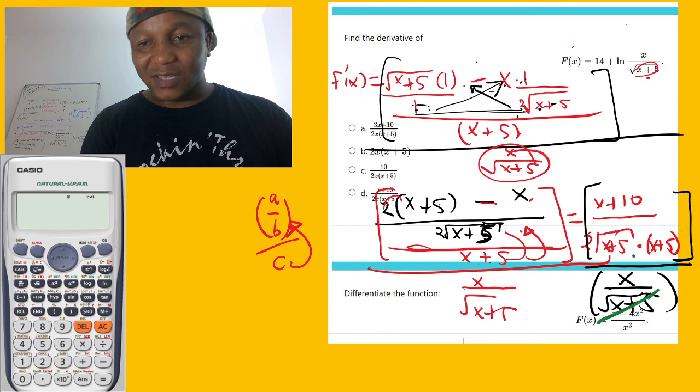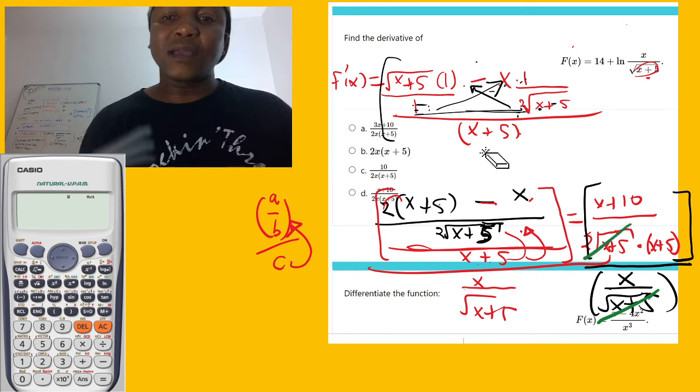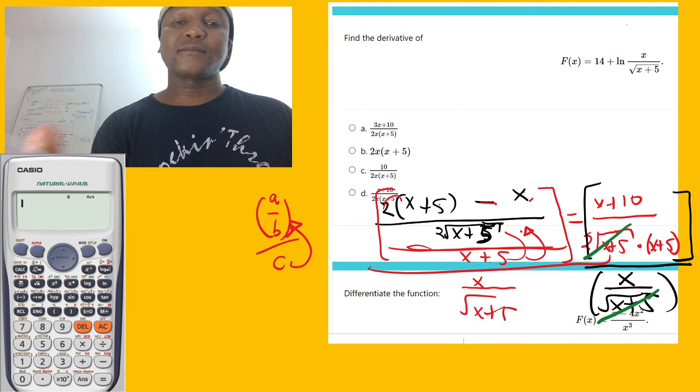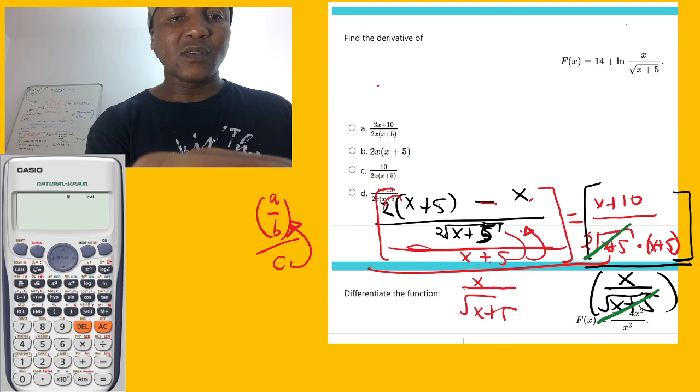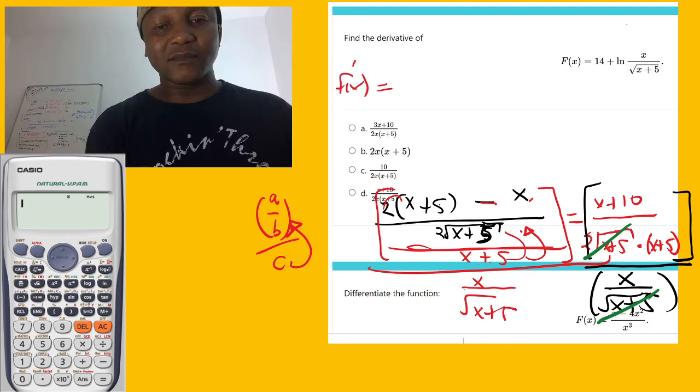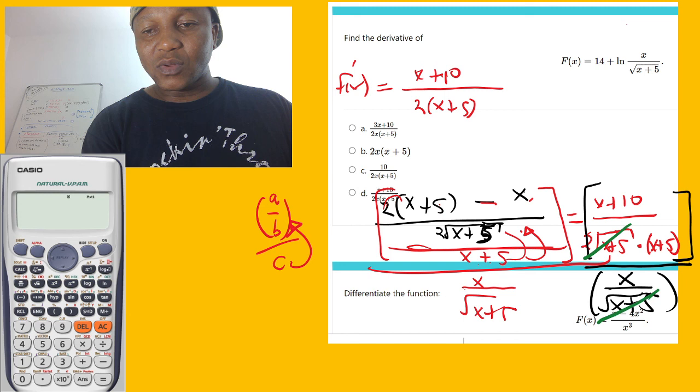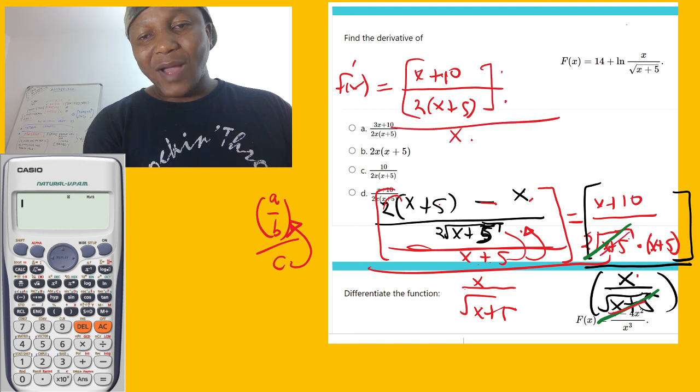So then remember, okay, now just make a space here. Don't want to write everything. Let's go. Okay, so then f prime is equal to x plus 10. Oh, so you have 2, and then you got x plus 5. Here, this x, okay, let's do this over 5, because this and this cancel. So just over x. And then what happened? You got a fraction over a number, which means this is going to go to the